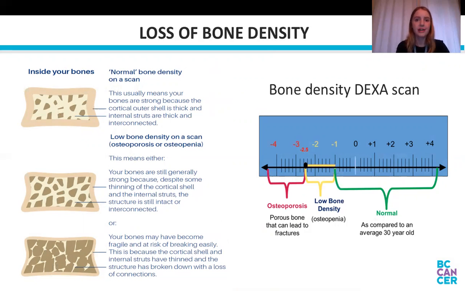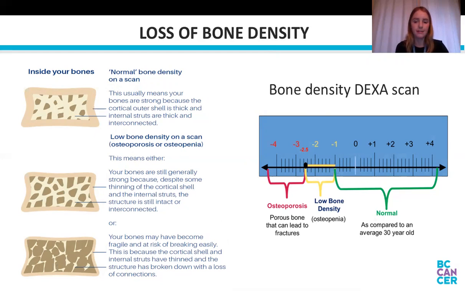And in the bottom picture, the bones are very fragile and at risk of breaking easily. On the right-hand side, we have information about the bone density DEXA scan. This is where your bone density test results are reported using a T-score. And a T-score shows how much your bone density is higher or lower than the bone density of a healthy